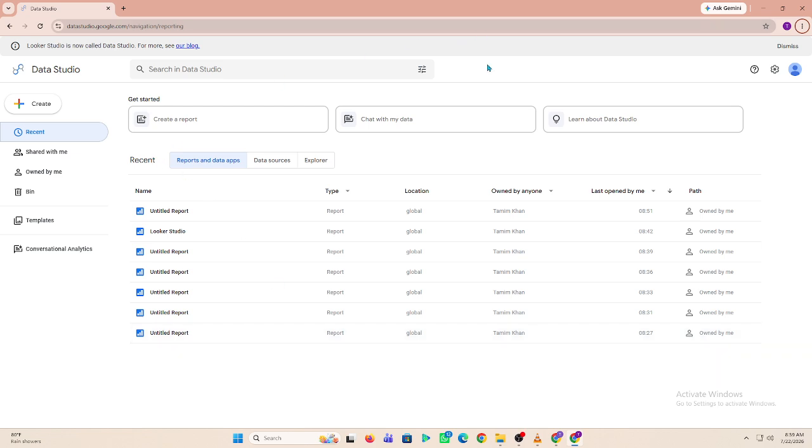Hey everyone, want to export your Looker Studio reports as PDF files? In this video, I'll show you how to download and export Looker Studio reports step by step. Exporting reports as PDFs makes it easier to share dashboards, send updates to clients, or save important data insights